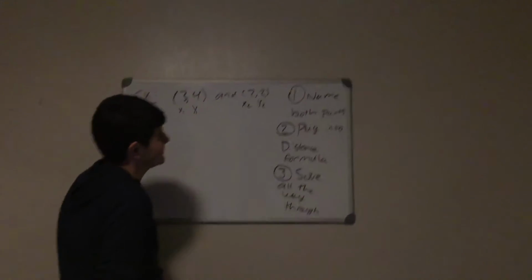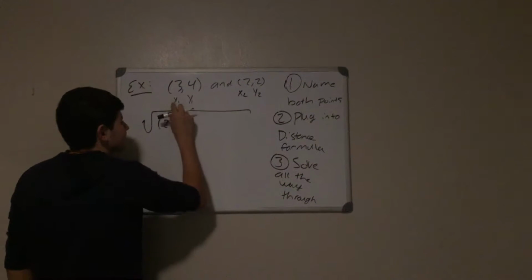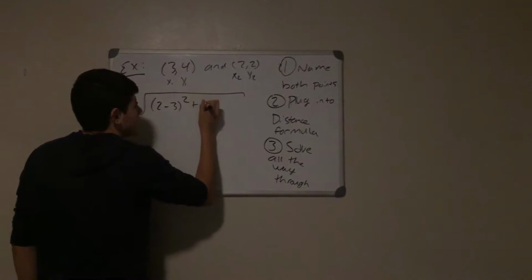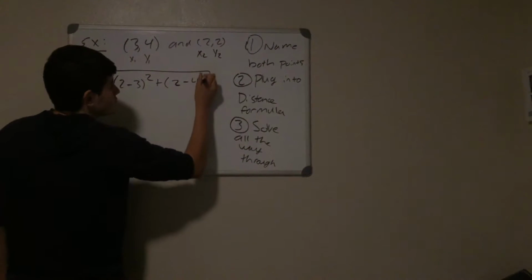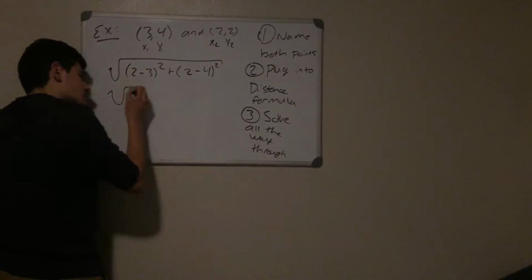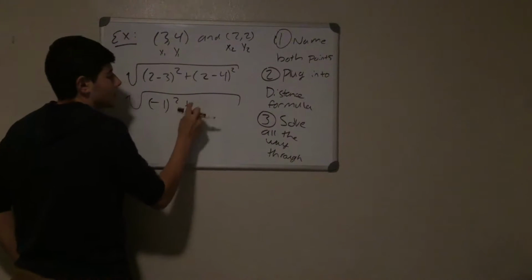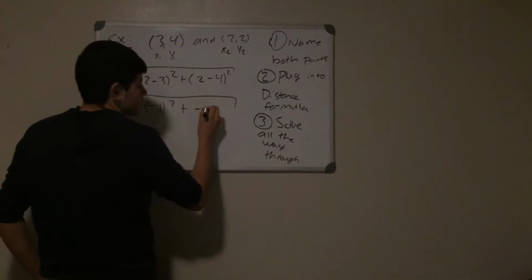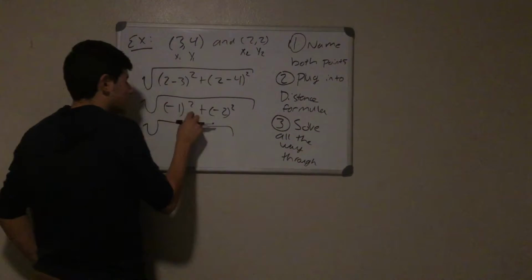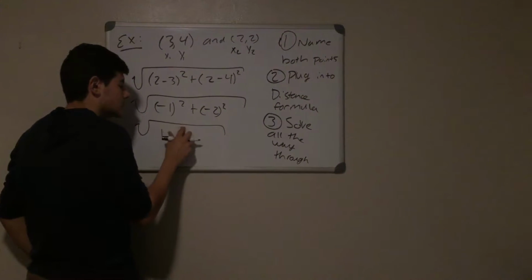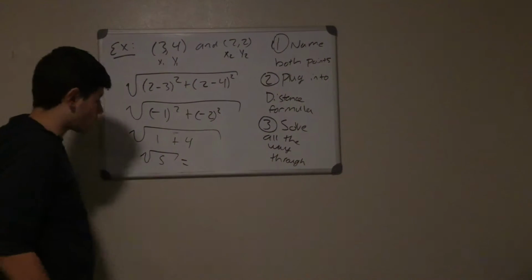Second one, plug it into the distance formula. So we're going to take x2, 2, minus x1, 3, squared, plus y2, 2, minus y1, 4, squared. Okay. Simplify. 2 minus 3 is negative 1, squared, plus 2 minus 4 is negative 2, squared. Good. More simplification. Negative 1 squared is just positive 1, plus negative 2 squared is 4. So our answer is the square root of 5, or